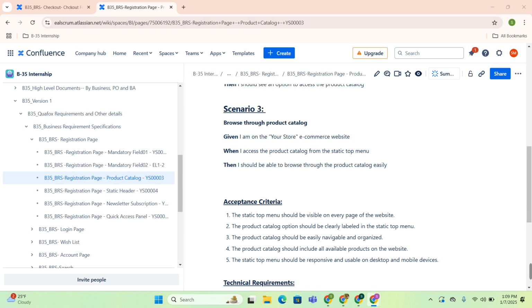Browse through product catalog. Given I'm on the Your Store e-commerce website, when I access the product catalog from this static menu, then I should be able to browse through the product catalog. For example, when you see the static top menu with the label of product catalog, with the label of products, and when you click on it, what are you expecting? It should redirect you to the page displaying all the available products,